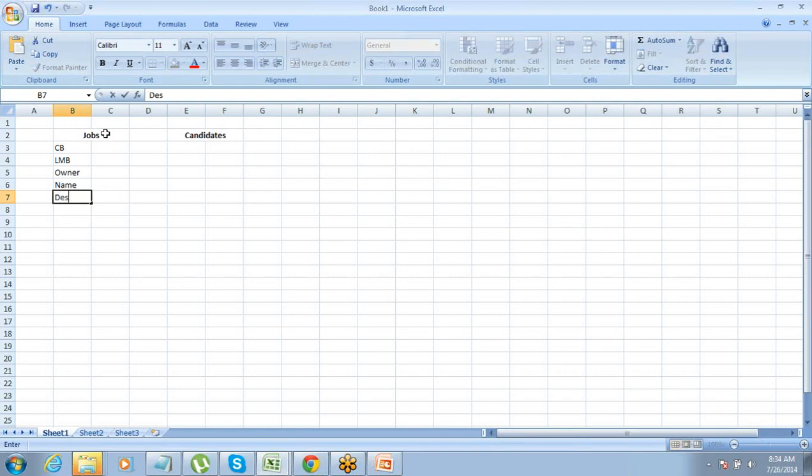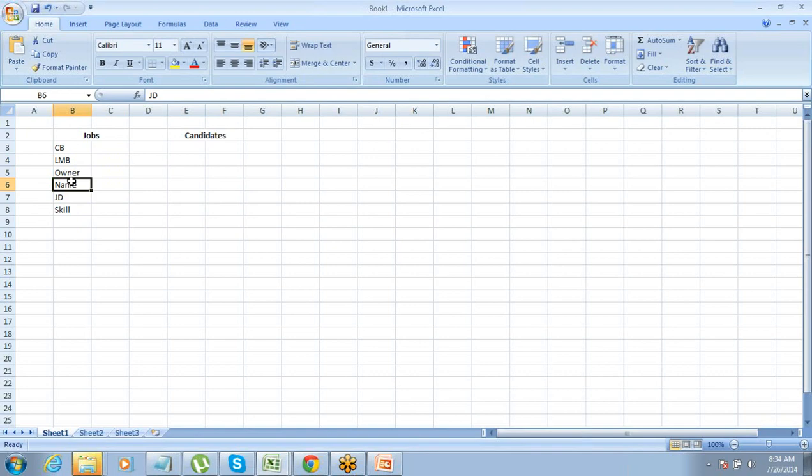So if there is a description of the job, or job description, and if you have some other field, let's say skill required for the job, okay, that's it.